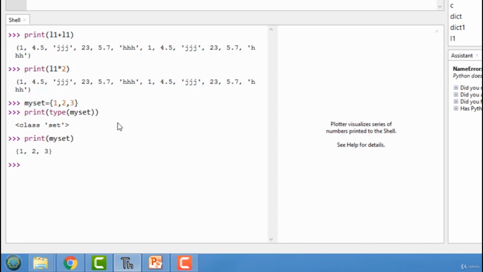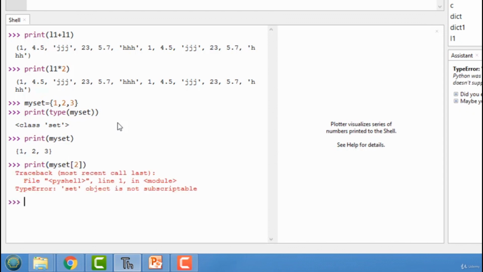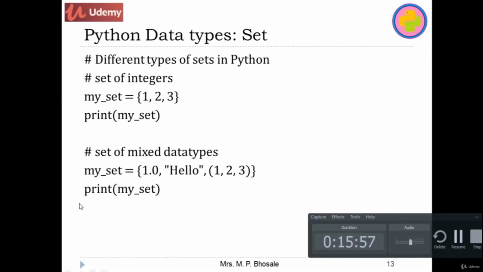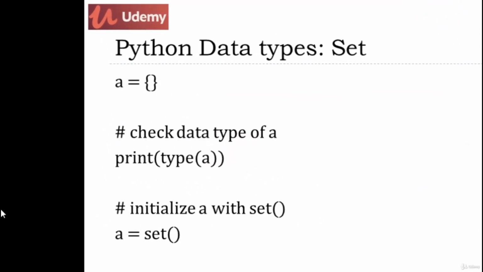Because a set doesn't allow indexing, we cannot use square brackets here. So if I try to use indexing here, then it will give me an error like set object is not subscriptable. Now we can use the type function to check the type of a set, or we can initialize a set with the set function, and this is all about the data types of